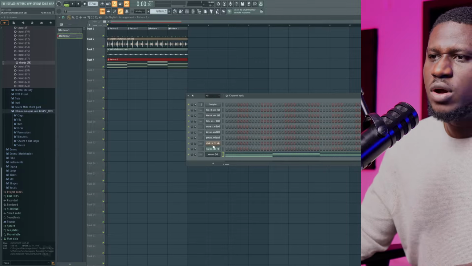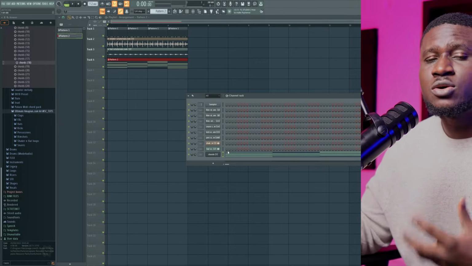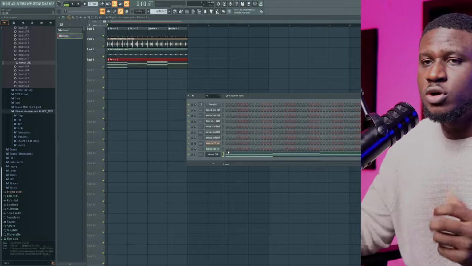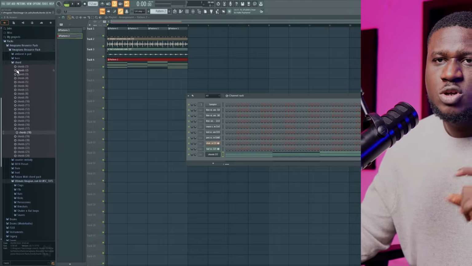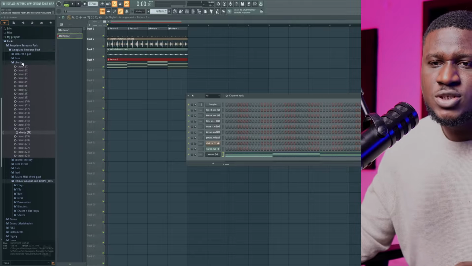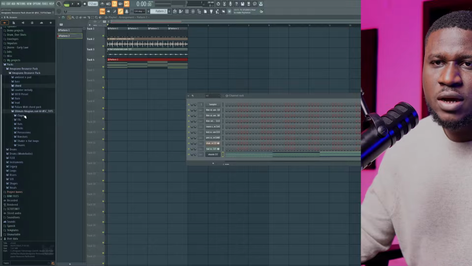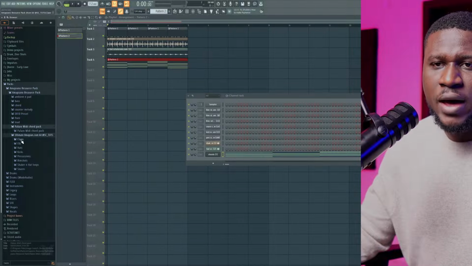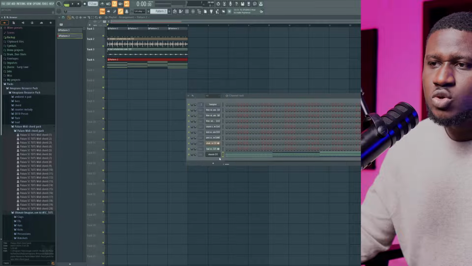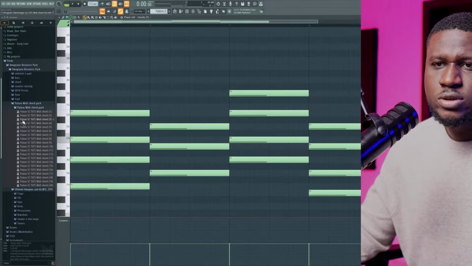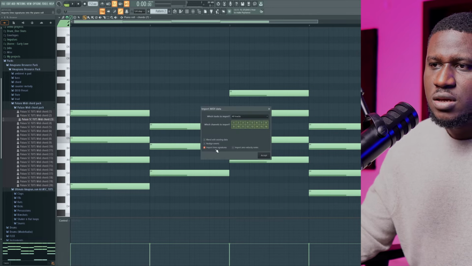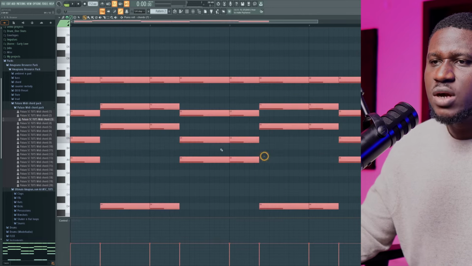Perfect. So now, if you don't want to go through the stress of playing these chords by yourself every time, or maybe even get bored, this resource pack also comes with chord progressions. So let me collapse this. If I come down here to the Palazzo MIDI chord pack and I open it again, after this, just open my piano roll and drag and drop chords on top of it. Make sure you turn off import time signature. And if I press play,